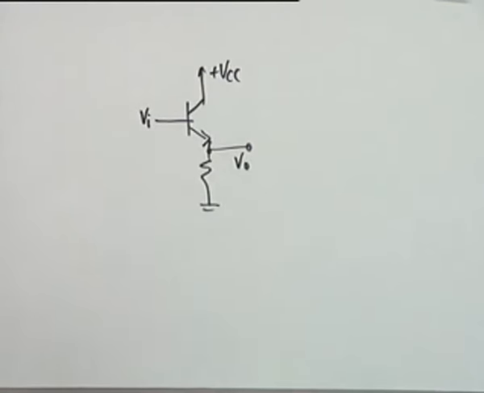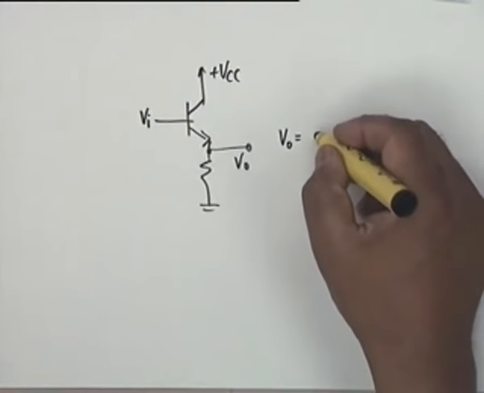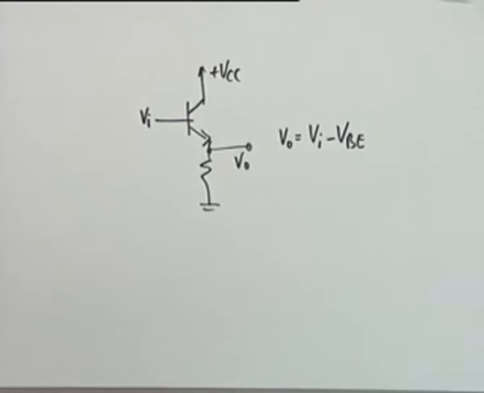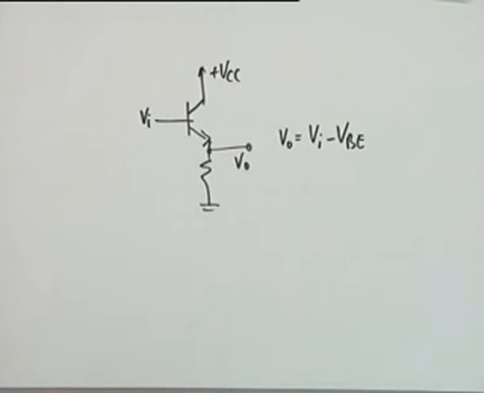You should see that the level shifter does not change the gain. You took great pains in cascading DAs and a CCCS stage to make up a gain of the order of 10 to the 6th. Level shifter should not change the gain, and it should only change the DC level. You see that here the DC level of V0 is VI minus VBE. Agreed? This is a simple level shifter. You shift it by the amount 0.7 volts VBE.